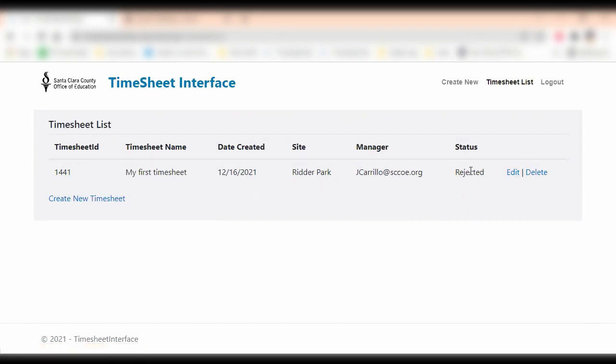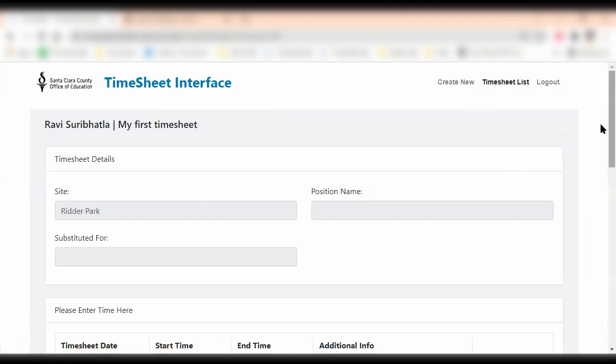You'll notice the status of the timesheet has changed from awaiting approval to being fully rejected. And because of this, the options to the right of that timesheet have changed from just being able to view it to being able to edit or delete the timesheet. In this case, we just want to edit it, so we're going to go ahead and click on that,